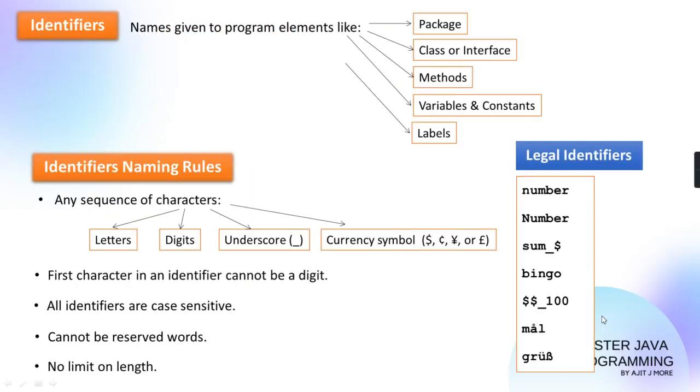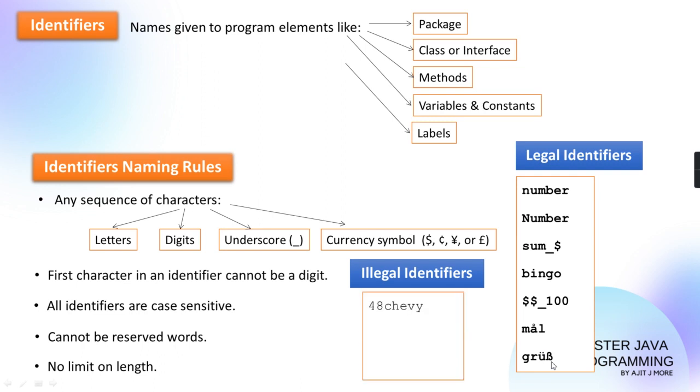But this is a legal identifier. Now tell me, the next one has G-R-U in Latin, and then B is that beta B. Can you see that B is in a beta form? Understanding? Hope it is clear. Now, such identifiers are not legal in C and all. They don't allow you. Even Python also doesn't allow. So the U with two dots, and then that beta, all are allowed.